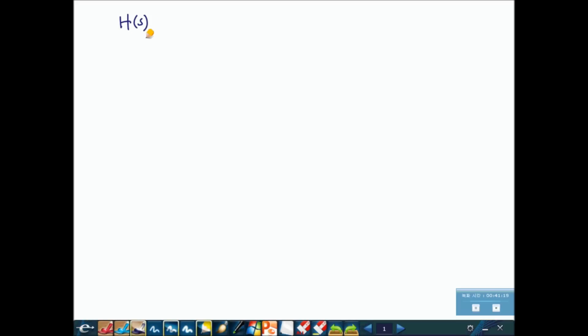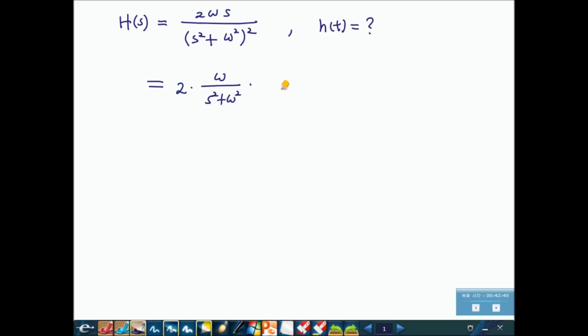So let's say a given function H(s) is 2 times omega s over s squared plus omega squared, and the square of this whole term. You can decompose this into a multiplication like this: 2 times omega over s squared plus omega squared, times s over s squared plus omega squared. Correct? You can decompose a big complicated function into a smaller form,